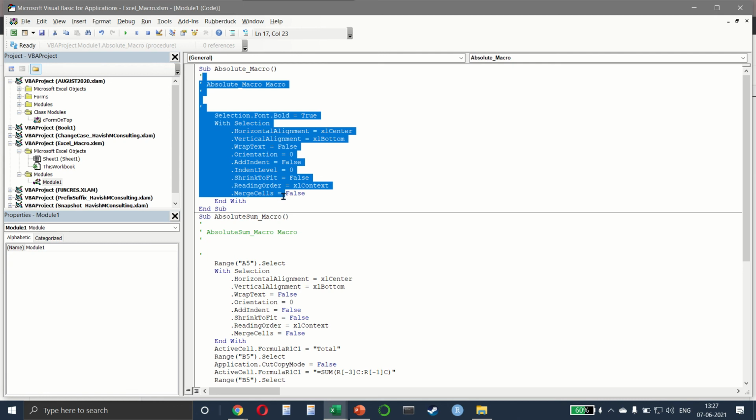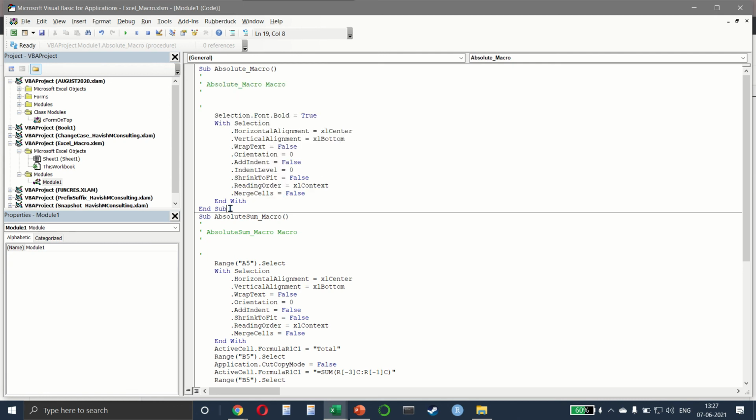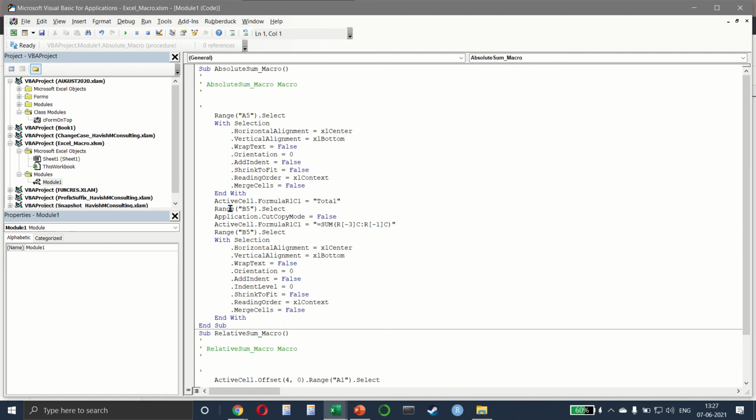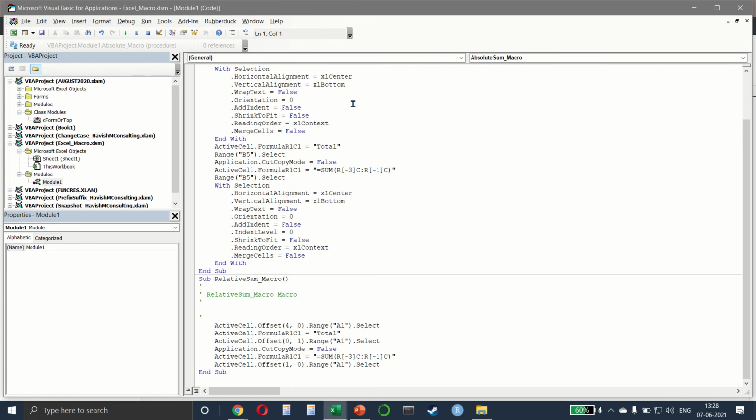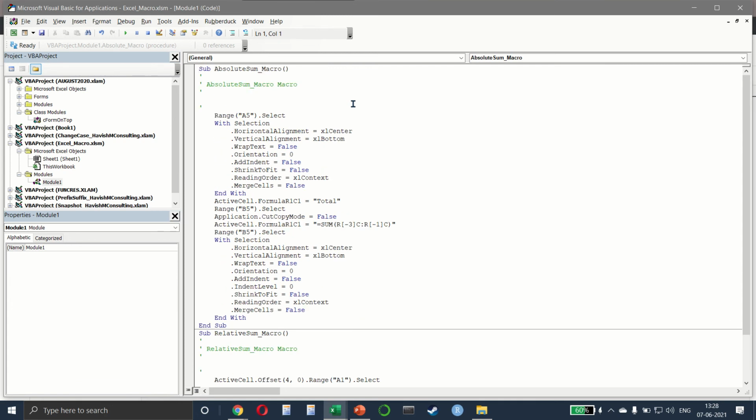Now, the first one that we did, which was the absolute macro, we don't really need it, so I will delete it. Let us focus on the absolute sum macro. If you see this, there is quite a bit of difference between both of them. And the first difference that you would notice is that in the absolute macro, it is selecting range A5.